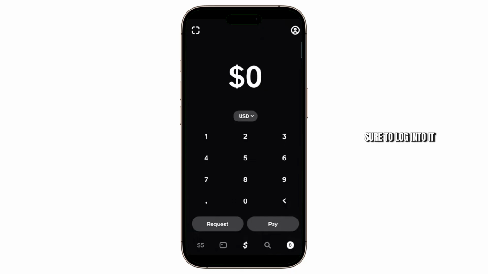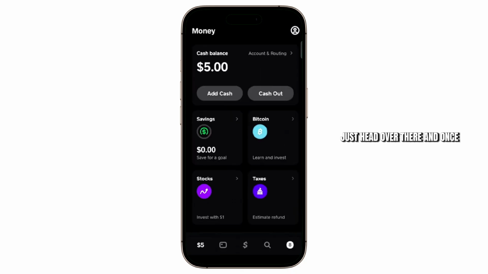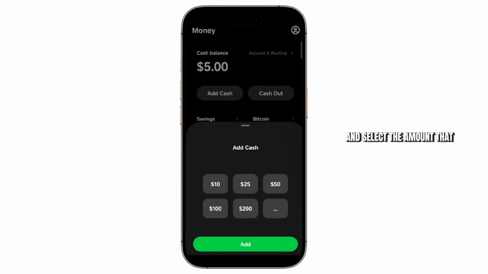application and make sure to log into it. Once you're logged in, you can find the little dollar icon at the bottom left corner of your screen if you have any balance on your account. If not, you'll see a little bank icon at the bottom left. Just head over there. And once you get to this section, from here you want to tap on Add Cash